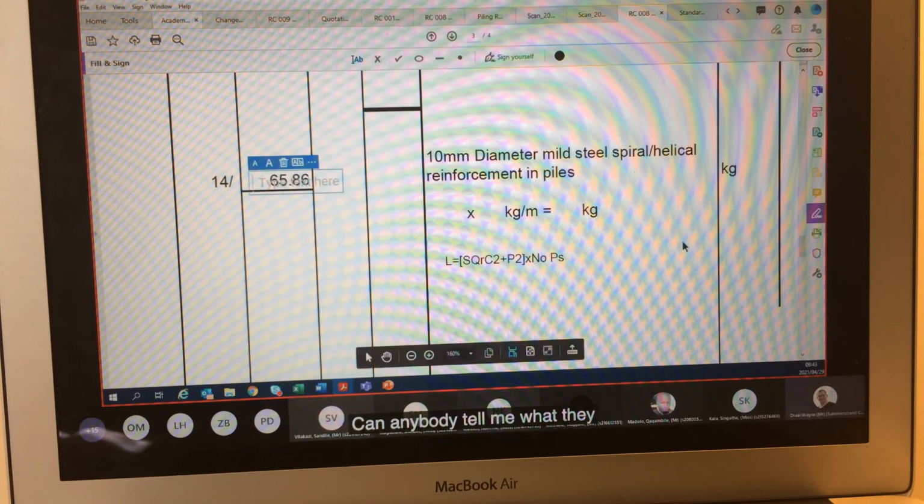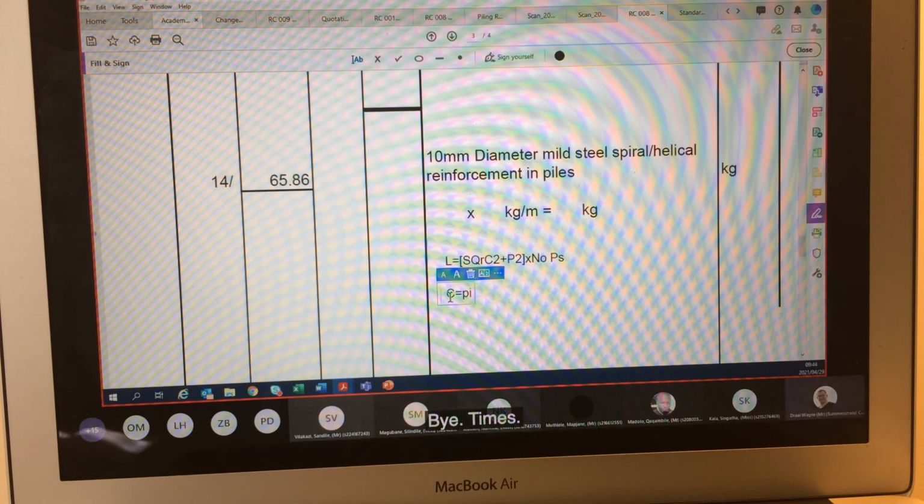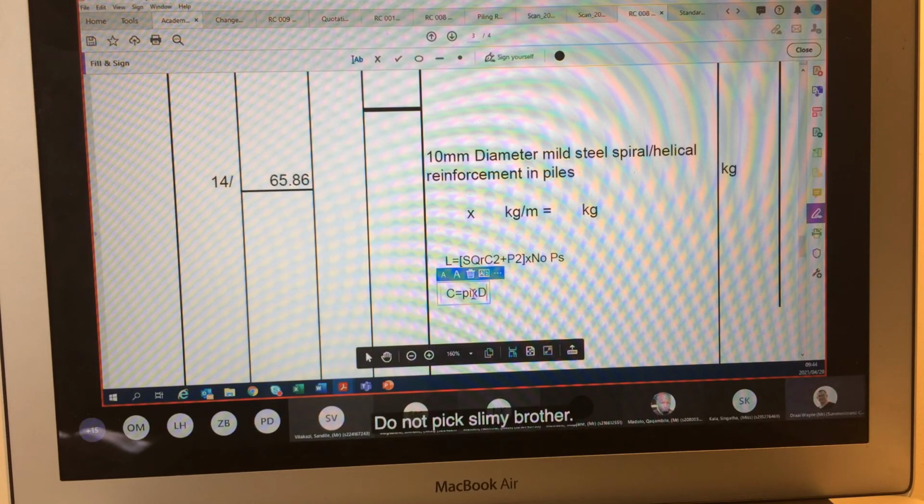Can anybody tell me what they think 60 is? When I say that C equals pi times my diameter, oh, let me rather do that. C equals pi times my diameter. And what is my diameter? My diameter is equal to